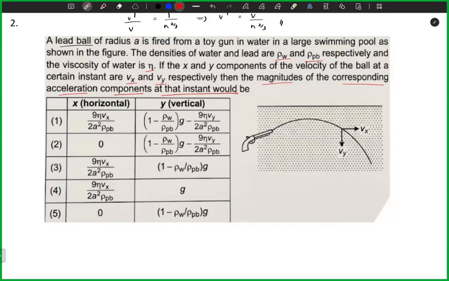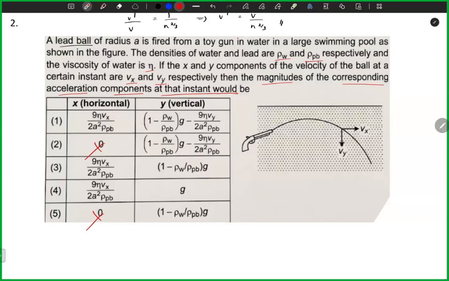can the acceleration ever be zero in the horizontal direction? No. Why? Because there's a viscous force acting in the horizontal direction against the movement of the sphere. The sphere is trying to move forward, then there's a viscous force backwards, right? So if there is an external unbalanced force, there is what? Definitely an acceleration, right? So which means I can cancel off these answers